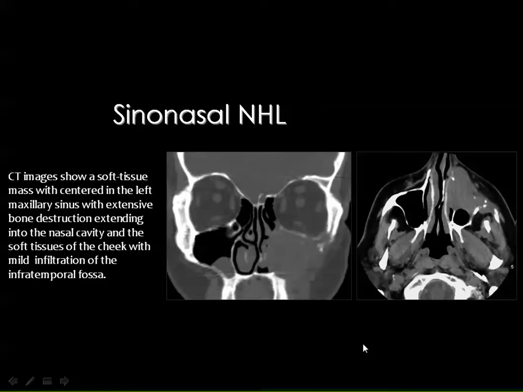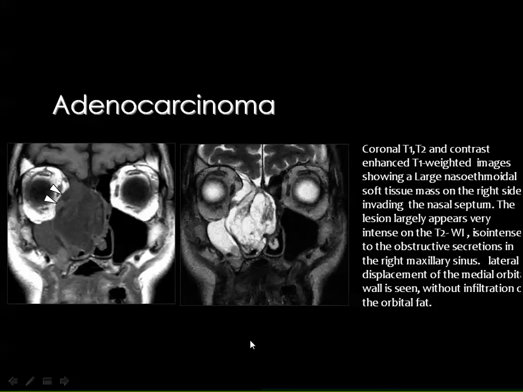Of course, whenever you see a malignant lesion in the region of the paranasal sinuses, you assume the possibility of squamous cell carcinoma because it is more common. But whenever you see that the lesion is not that aggressive and the bone destruction is not that of a malignant aggressive disease, I will show some examples where you may think of lymphoma at that time. Here you see a mass by MRI T1 weighted image and MRI T2 weighted image